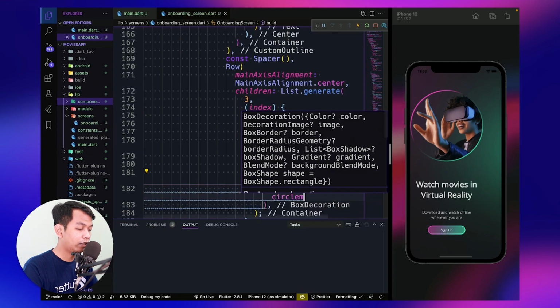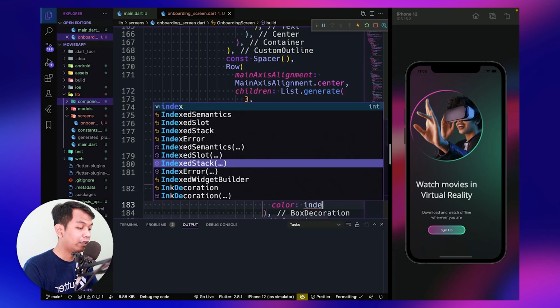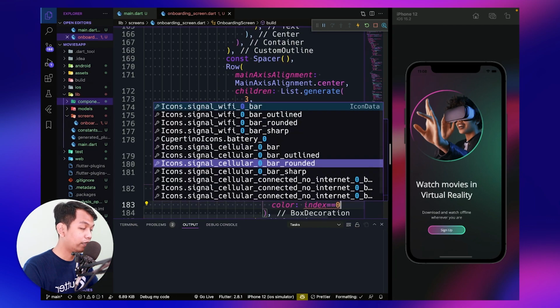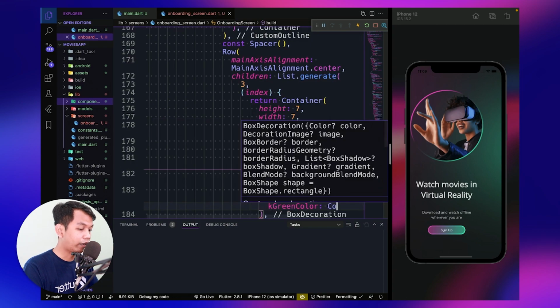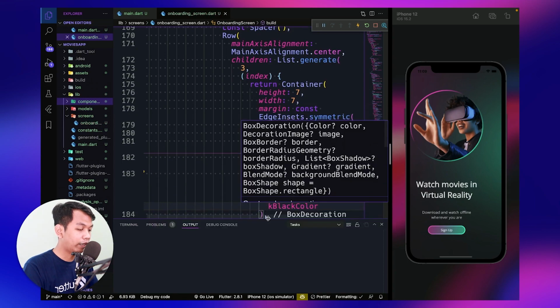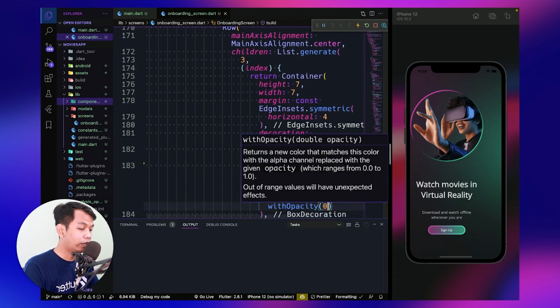So box shape dot circle, and the color we use like ternary operation. When the index is 0, we use const dot green color, and if not, we use white color with the opacity is just 20%.